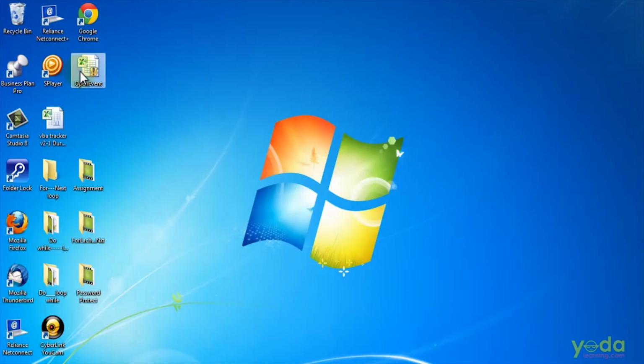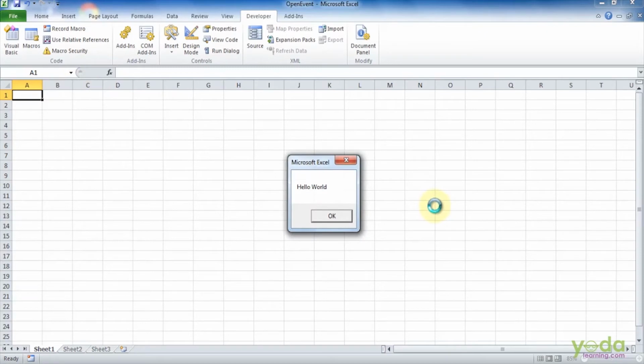Now when I reopen this again, if you see, the moment your workbook gets opened, the procedure is triggered and whatever message I typed in the message box is displayed in front of you. So that is how events work. The moment any action is performed by a user, the procedure executes automatically.